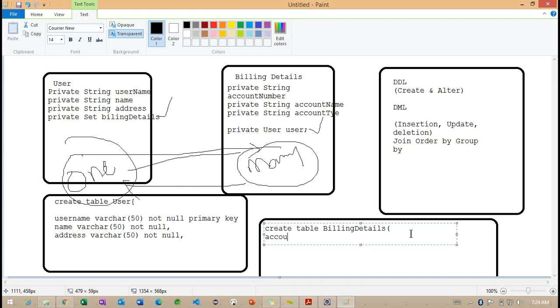Here we need to specify something called account number. I want to specify varchar 10 and not null primary key. And whenever we are trying to define this particular billing details here, we are going to have the